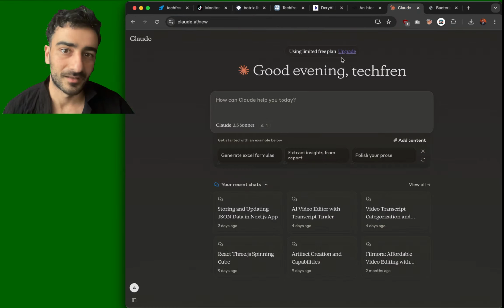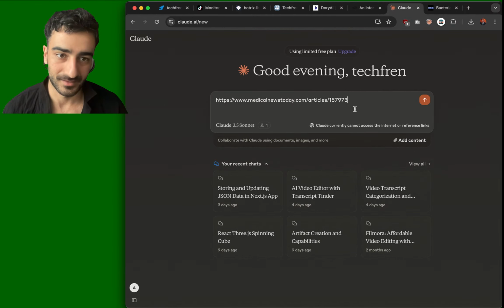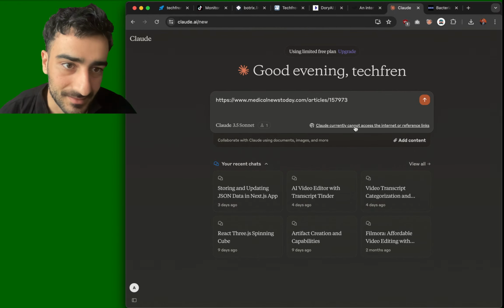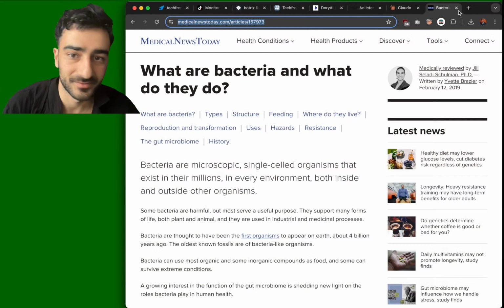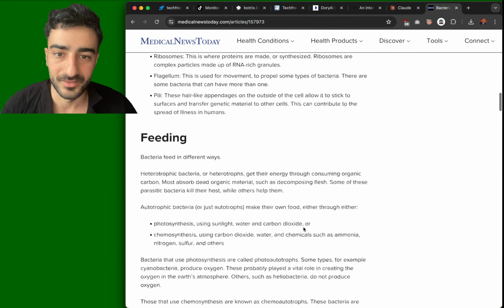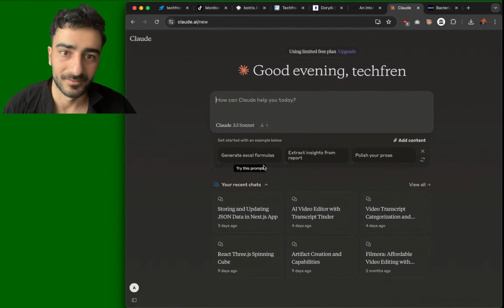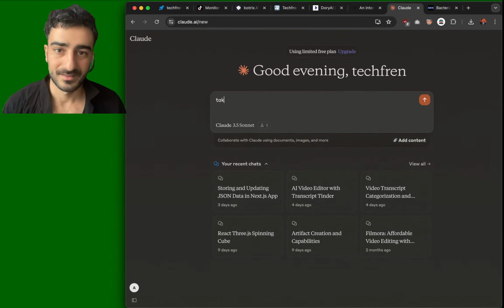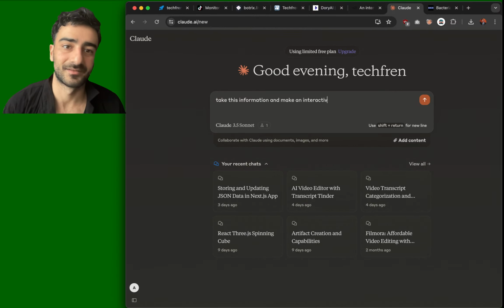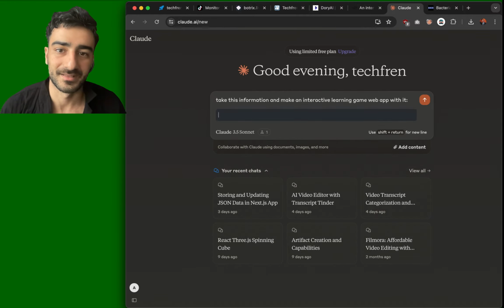And then I don't know if we can copy just the URL and be like, oh, it cannot access the internet. Okay, so we can't access the internet, but if we take this whole document here and copy that, we could paste this here. Be like, take this information and make an interactive learning game web app with it, and then paste in the whole